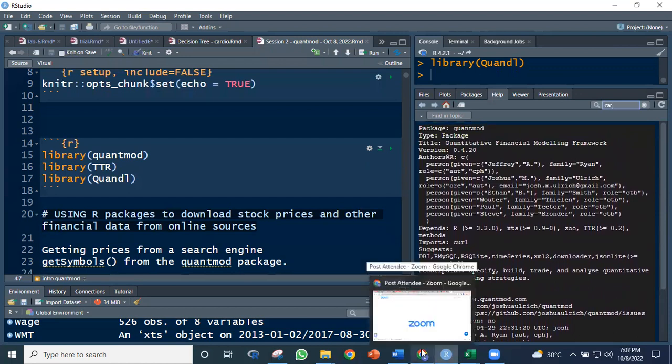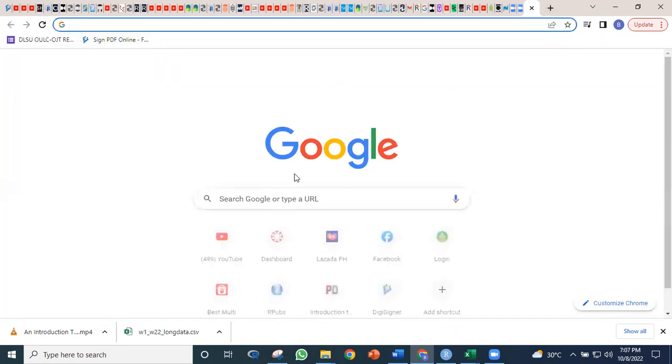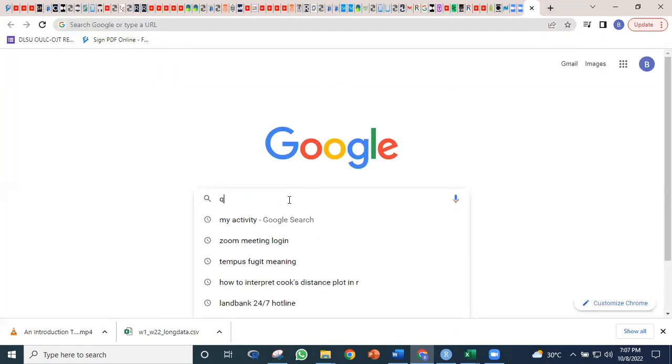Okay, sige, ano na lang natin, no? Na-download nyo na ba, guys? Yes, sir. Meron na kayo, no? May copy na kayo ng Quantmod na, no? I mean, baka yung file na download nyo. Yung Quantmod